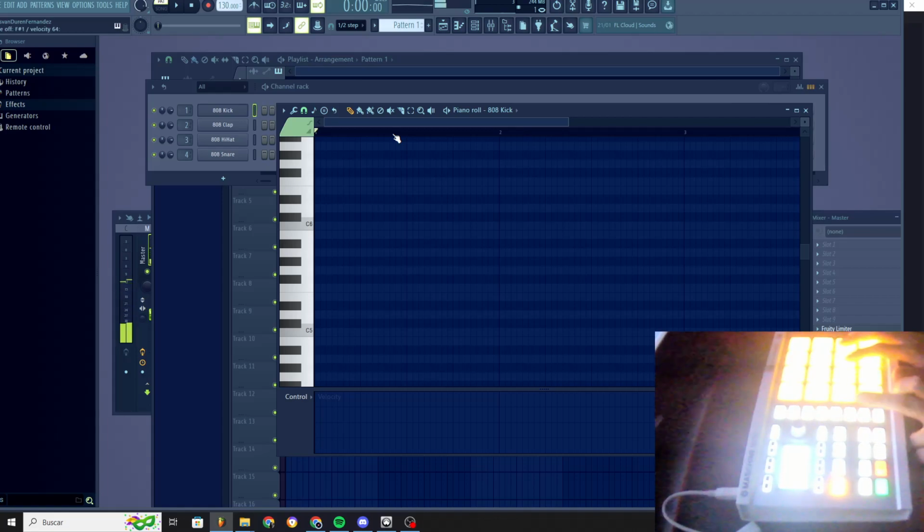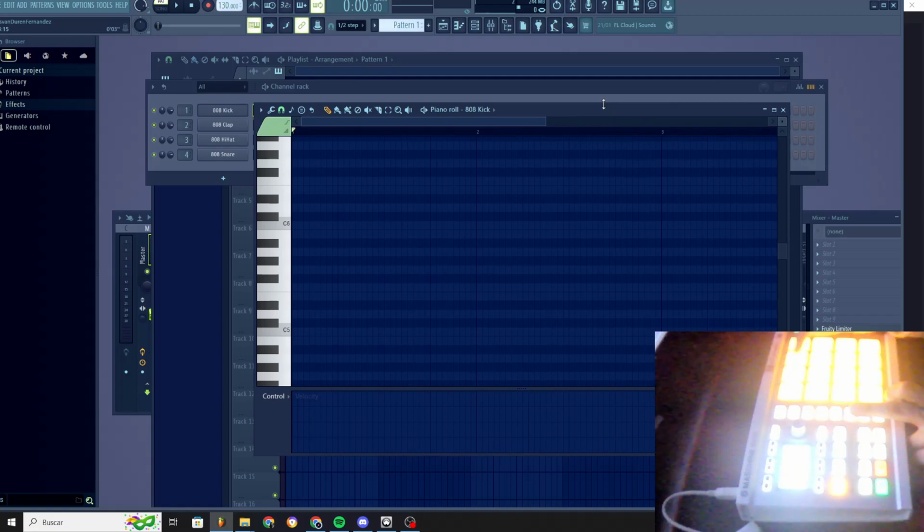Then notch plus and notch minus will do precisely what it describes. So notch up and notch down, like in the transport mode. Okay, clear is set to cut, clear auto is set to select, copy is copy, paste is paste. Semitone up and down are going to be your